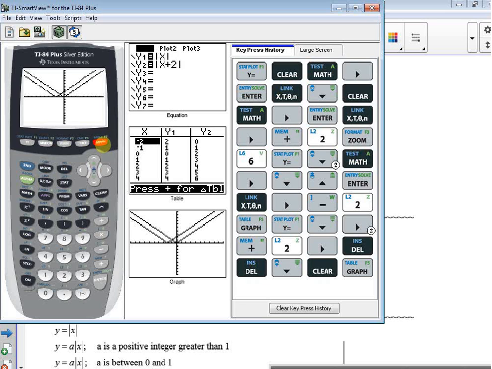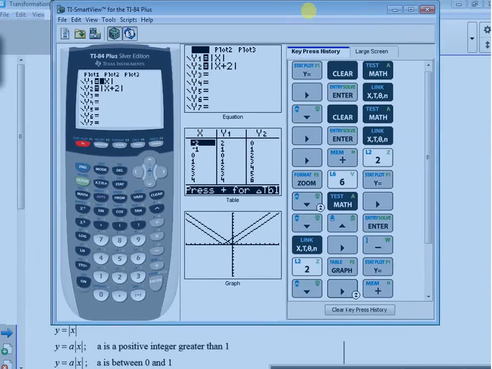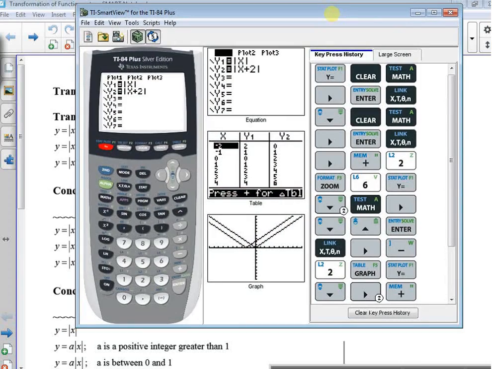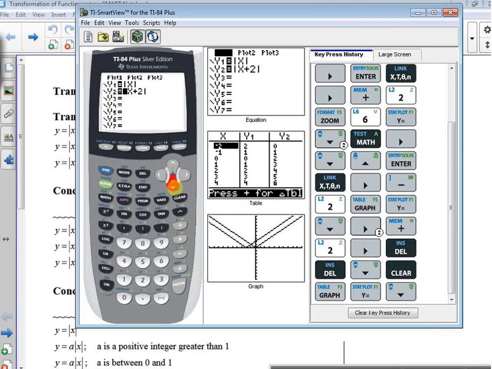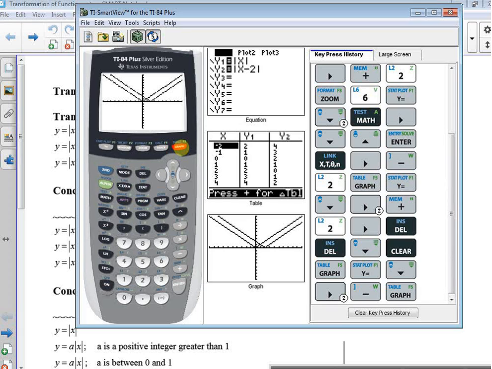So it's kind of the opposite of what we would think. I would have thought that plus 2 would go to the right, but plus 2 goes to the left. And if I change that in there to minus and graph that, there's absolute value, that one goes to the right. So it's a little bit opposite of what you'd think, kind of similar to when you graphed